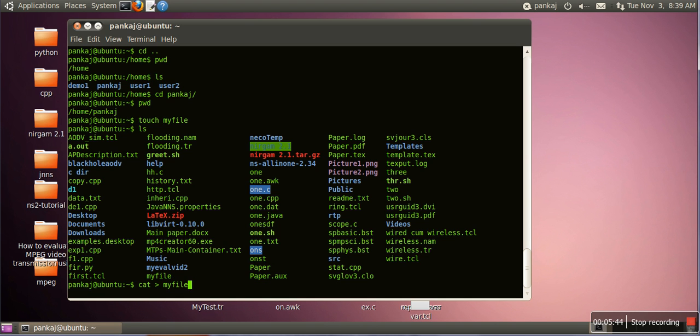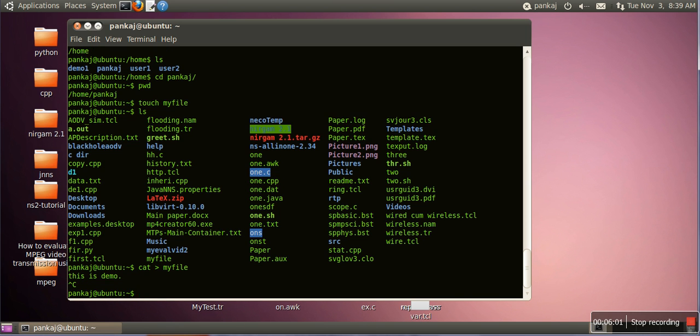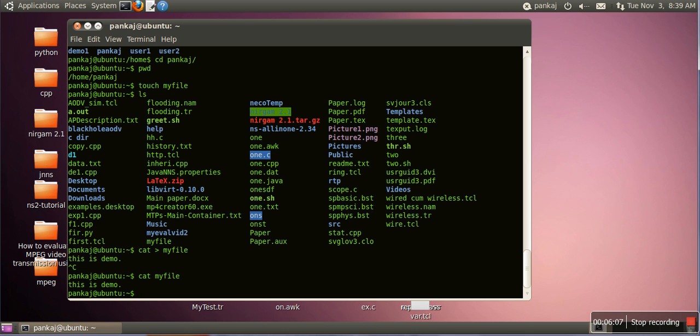So what we are saying, cat, there is no file name, it means it will take content from keyboard and that will be redirected to myfile. Let's say I'm saying this is demo. Once your input is done, press control C. In order to see the content of a file, cat myfile.